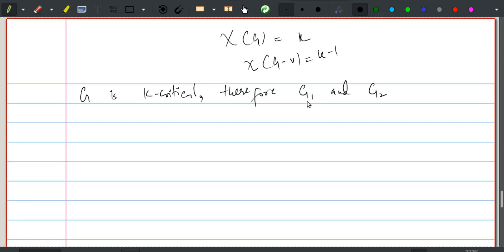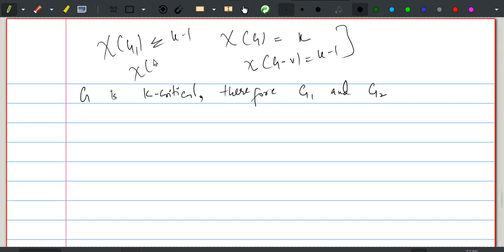Now G1 can be a vertex and G2 may be another graph. So these two conditions will give us that chi of G1 is less or equal to k minus 1, and chi of G2 is again less or equal to k minus 1,